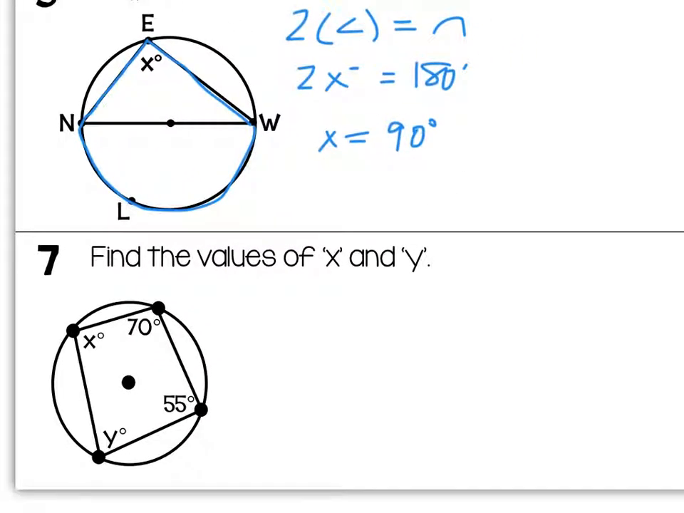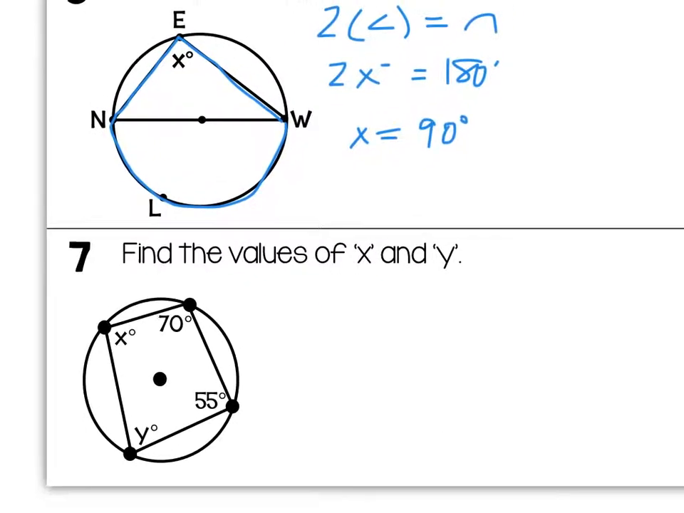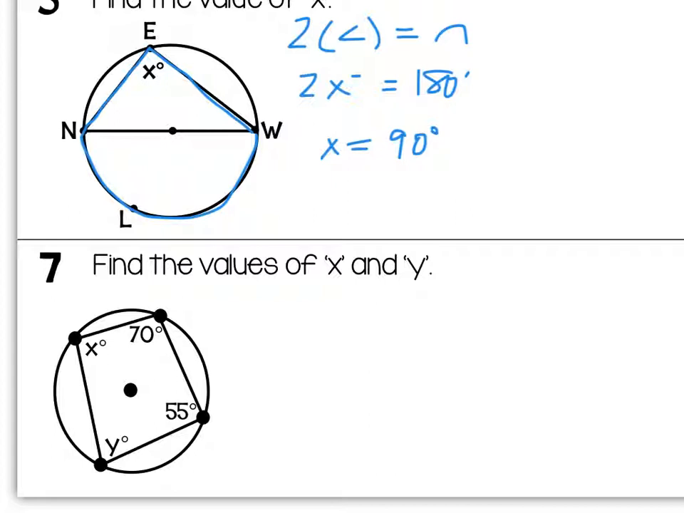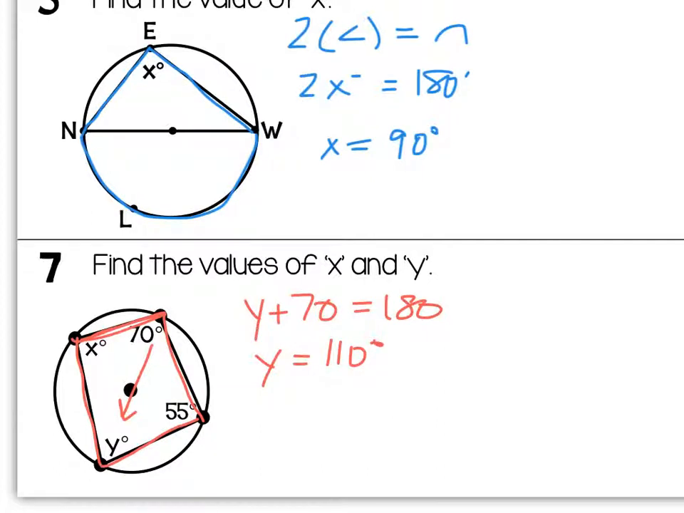The last one we have to talk about are quadrilaterals. So with quadrilaterals, opposite angles are supplementary, so they add to 180. So in this one, I have 70 and y are opposite angles, so y plus 70 equals 180, which means y equals 110 degrees. Then I have that x and 55 are opposite from each other, so x plus 55 equals 180, so x equals